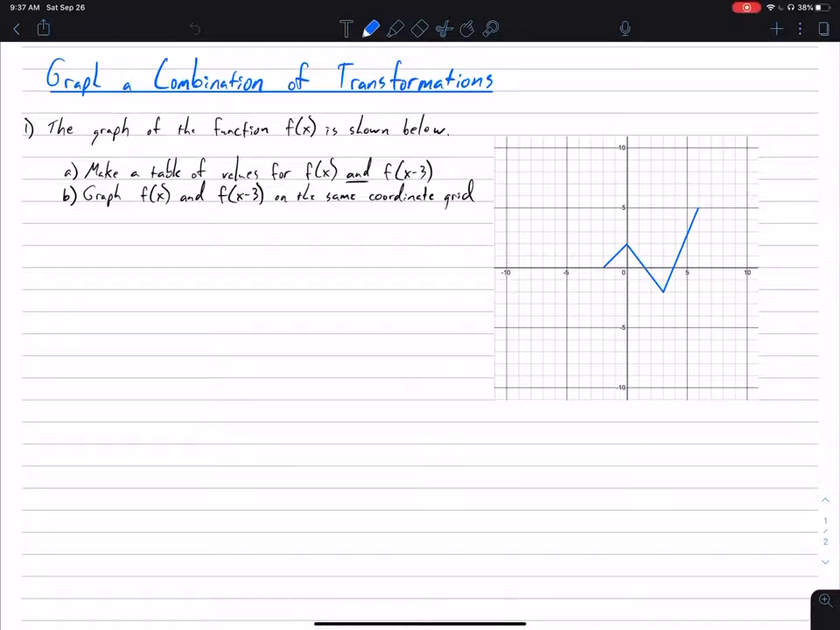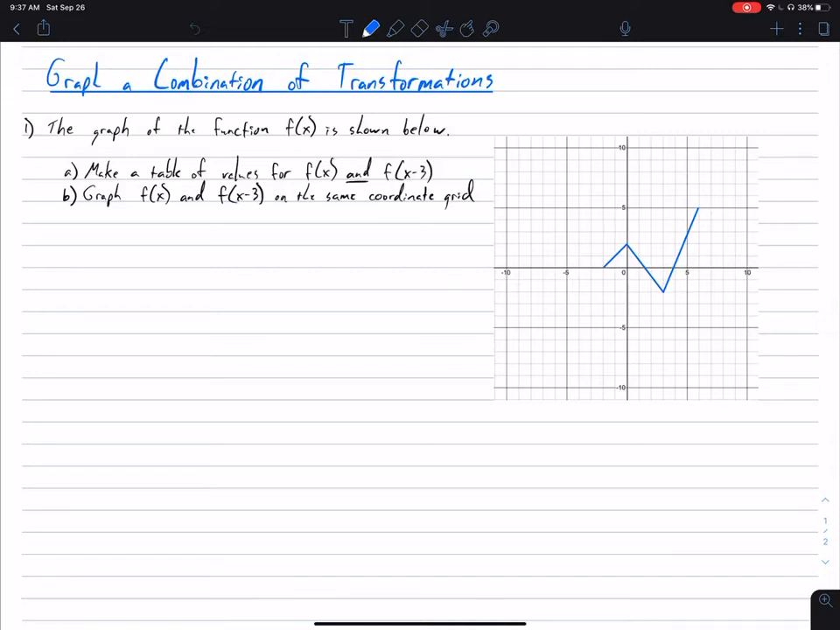Here we're going to look at graphing a combination of transformations. So number one, the graph of the function f of x is shown below. So we have this kind of peaked out graph looking thing. And in part A, they want us to make a table of values for f of x and f of